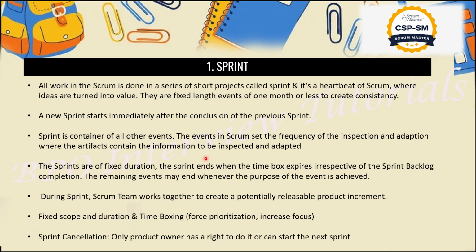So what is the meaning of sprint? I will give you a general example, guys. There is a product owner, he wants some product to be delivered on time. We understood the entire requirement and we broke down that requirement into sprints, in parts. So basically, work in scrum is done in a series of short projects, known as sprints. Understood, guys? So we divide into some parts and we start working on those specific parts as per their priority.